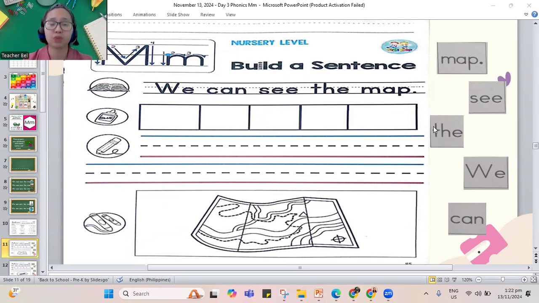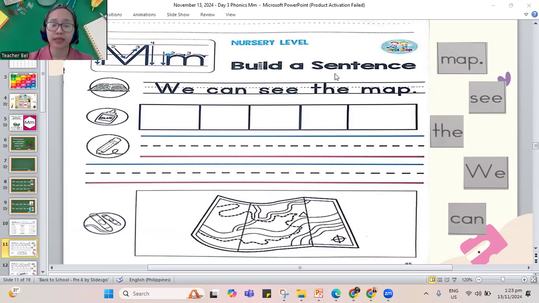You play it again once you are done. 1, 2, 3, 4, 5, 6, 7, 8, 9, and 10. Okay, done already counting 1 to 10. If you're not yet done, pause the video. Play it again once you are done.